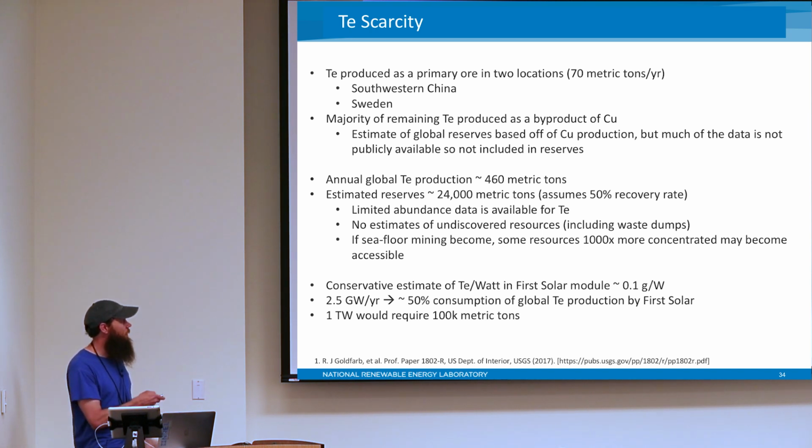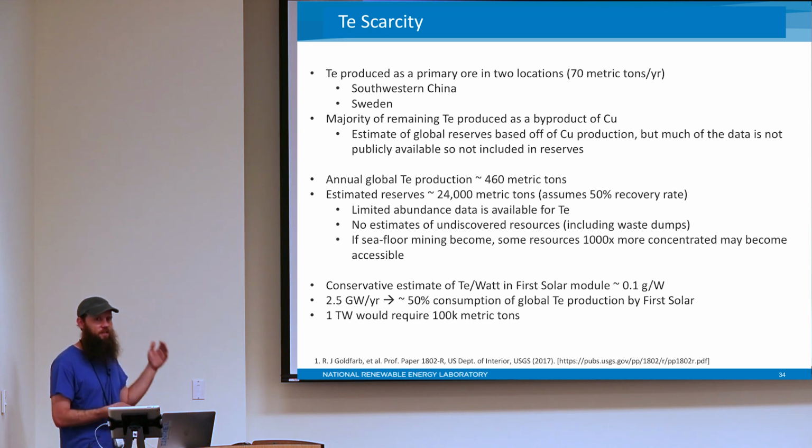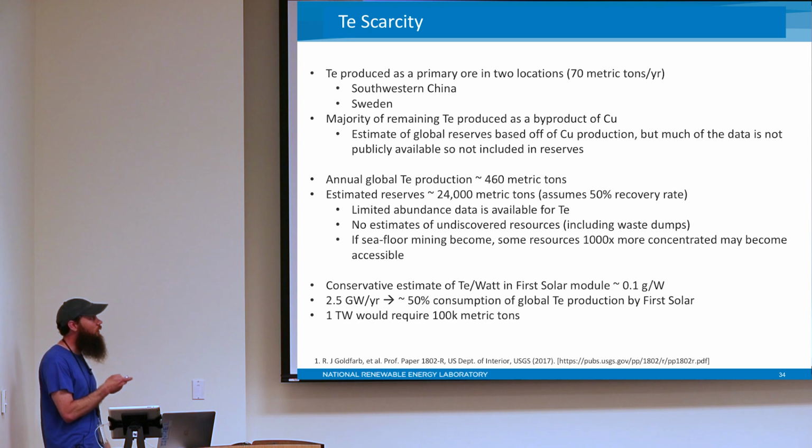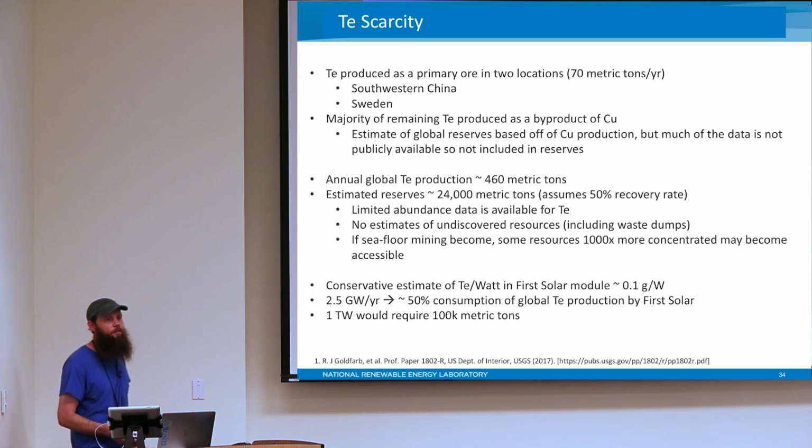If you want to get to a terawatt, that would require about 100,000 metric tons. Their estimated reserves, which means people absolutely know it is present, are about 25,000, assuming that you're losing 50% of it. But there's a lot of admission that in places like Latin America, people are saying there's almost none, even though there are major copper mines, just because this information isn't publicly available. So there's likely a lot more than these low numbers. Okay,